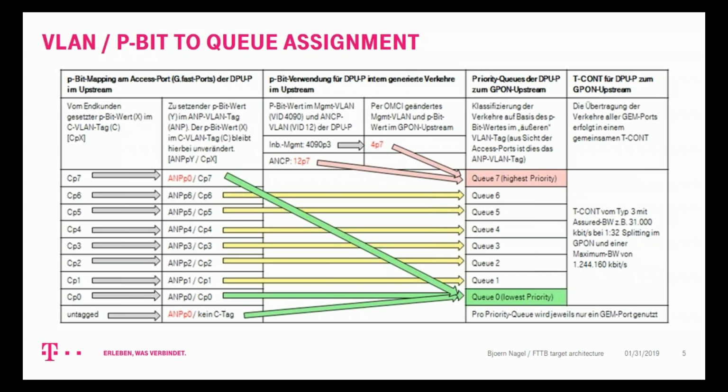It's probably a DT internal name. You can also name it S tag or whatever you want. In fact, it's an outer tag, an additional outer tag. And that copies the pbit value in case the pbit of the customer provided tag is 0 to 6. In case it is 7, then it adds the outer tag with a P0, just to have no pbit 7 tag in the higher layer network